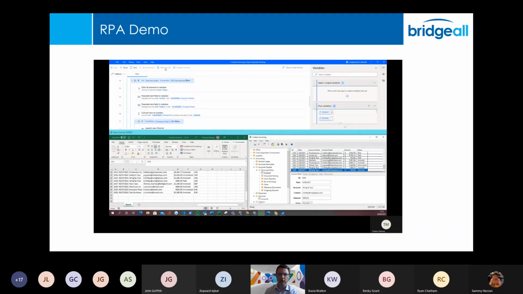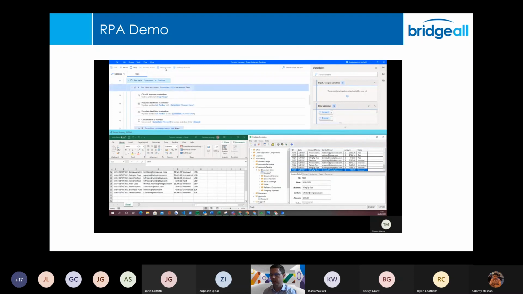If it finds any new entries, then you'll see it entering that into the system. So the first one you'll see is the new case being added into the invoicing system on the right hand side. The other thing it's doing as well is, you'll notice some of the invoices in the